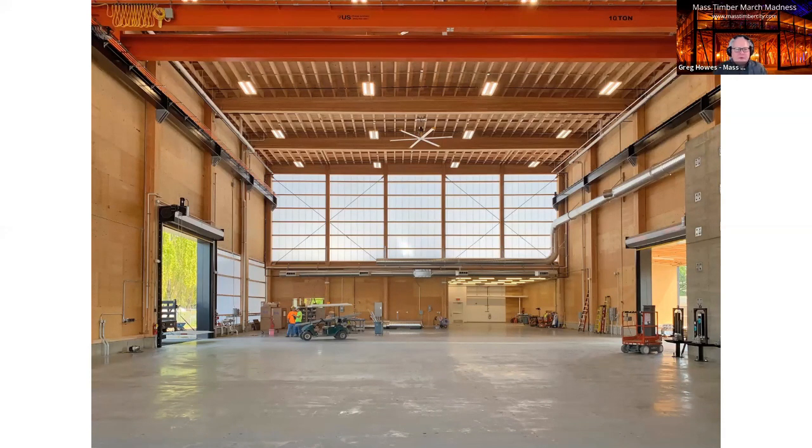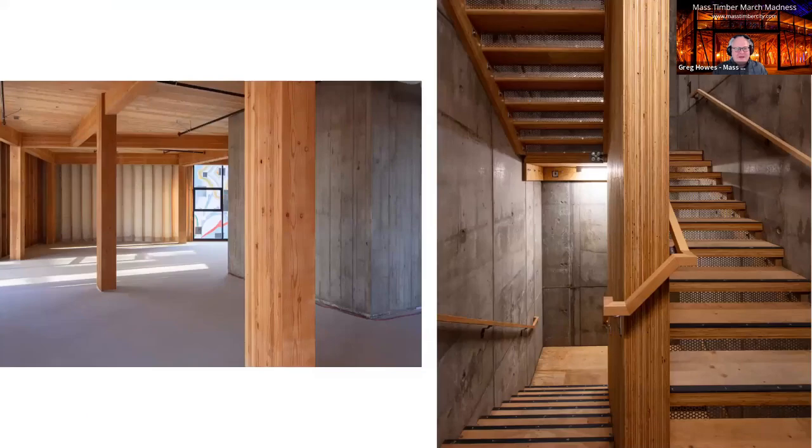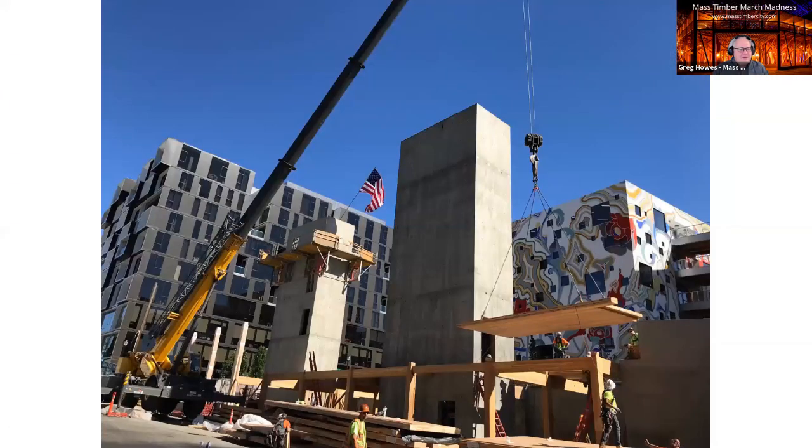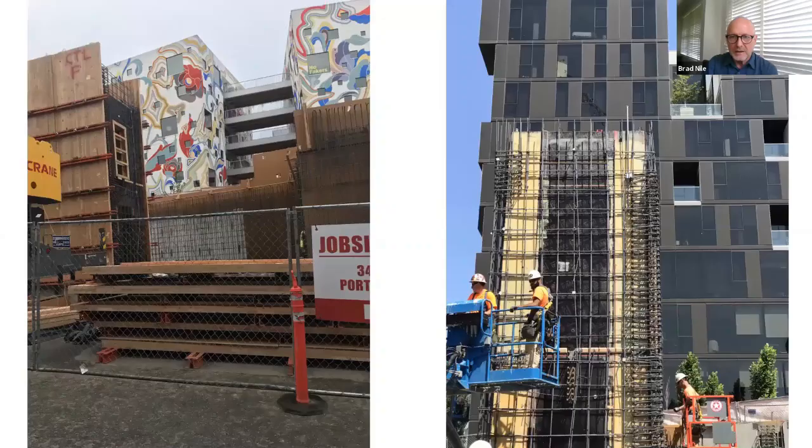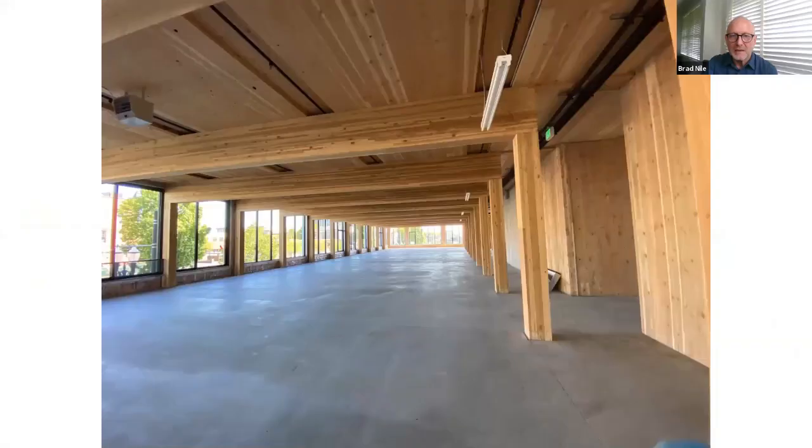Beautiful. Here's a question from Sina Jahedi. On the design side of things, what are your thoughts on the comparison of mass timber buildings versus concrete buildings? Designing, which one is more cumbersome, time-consuming, and expensive? So it depends on scale and complexity, right? And so if I zip all the way back here to